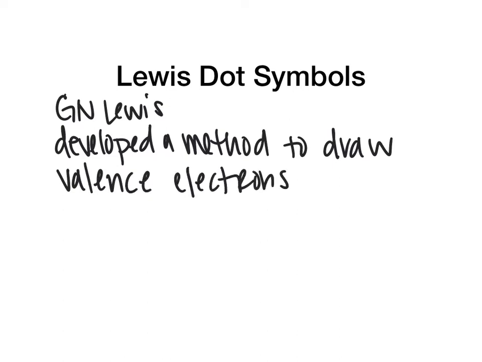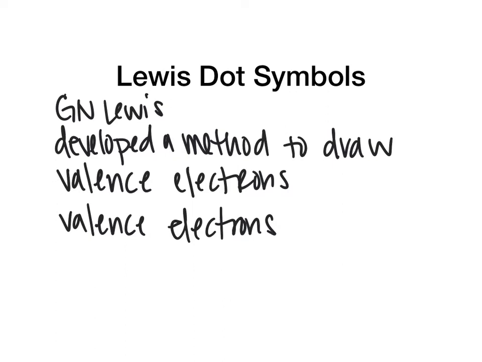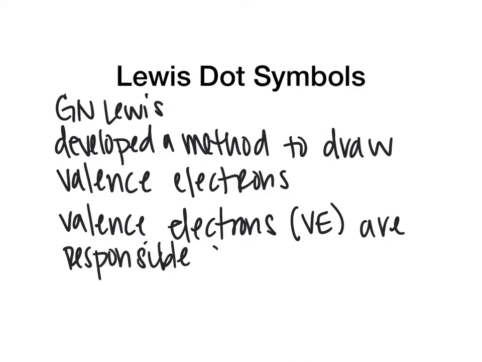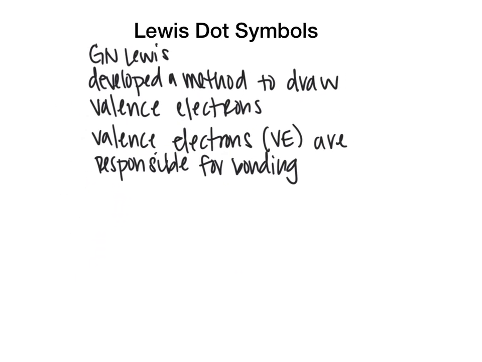And so G.N. Lewis wanted to develop a method because the valence electrons are responsible for bonding. So valence electrons, I like to abbreviate that VE, are responsible for bonding. And so in this section of the course, we're really going to start to think about how we make a molecule. So if we were to think about sulfur,